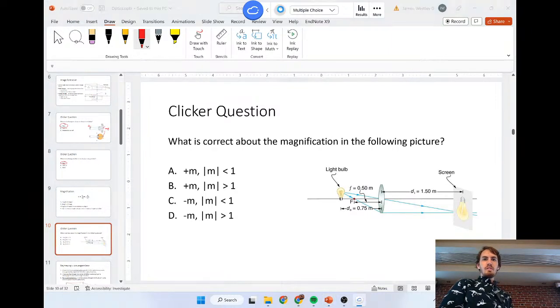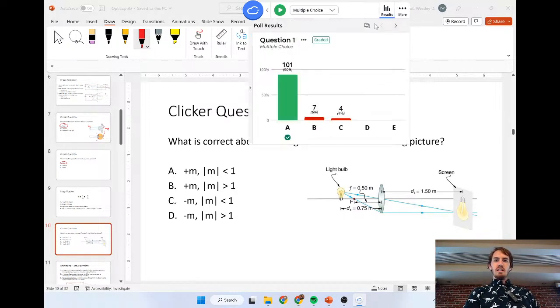And close. So, the trick to answering this: it's upside down. So that automatically says that we have a negative magnification. It's going to be one of these. It's either C or D, one of those two. Upside down is negative. Then we look at the absolute value. Is it bigger or smaller? It's bigger. So the absolute value is bigger than 1, because it's bigger and it's upside down, so it's negative. So the answer here is,